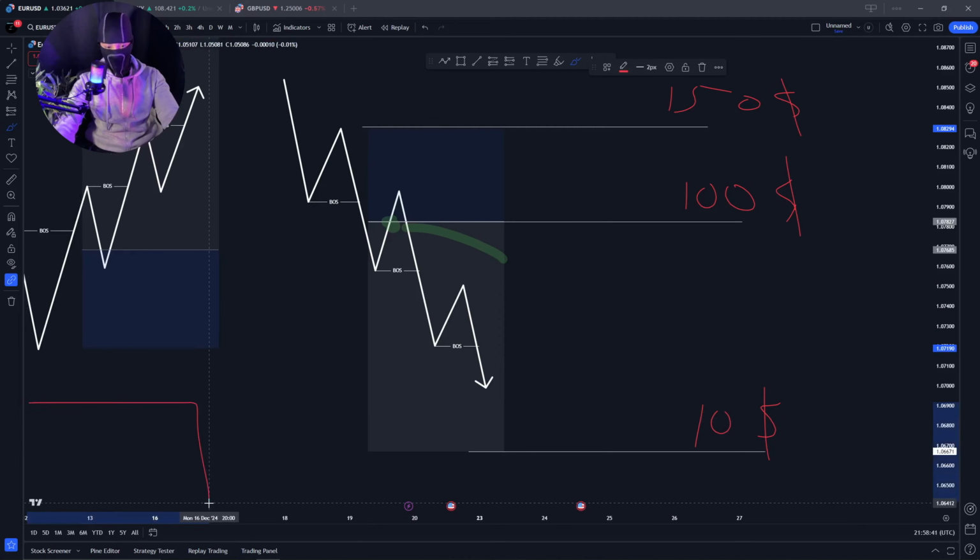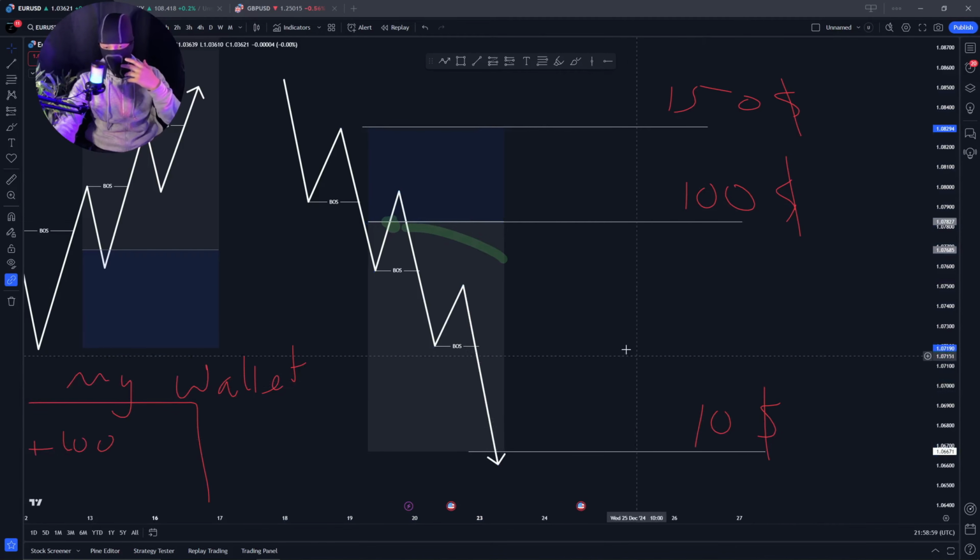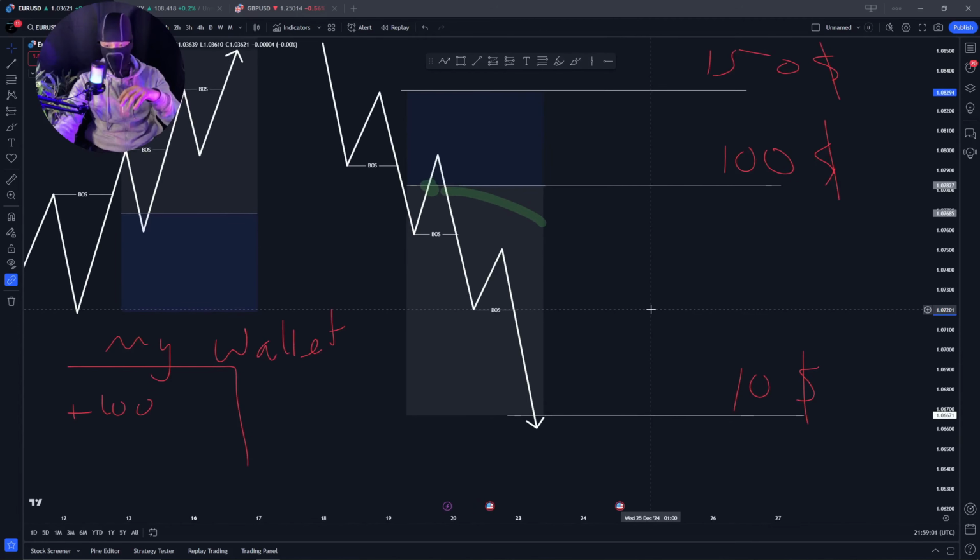And now let's just pretend this is my wallet. So cool, I have $100 in my wallet. Obviously, is this money mine? No, because it's your hoodie. I still have to pay you back however much it is valued at a later point in time. Now let's just say in the best case scenario that the hoodie goes down in value and it now goes down to $10. I come back to you and say, check the markets, your hoodie is now worth $10. So what do I do?